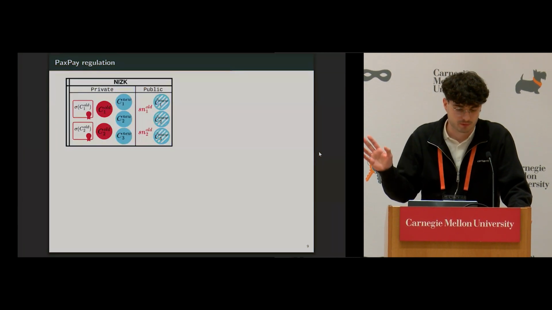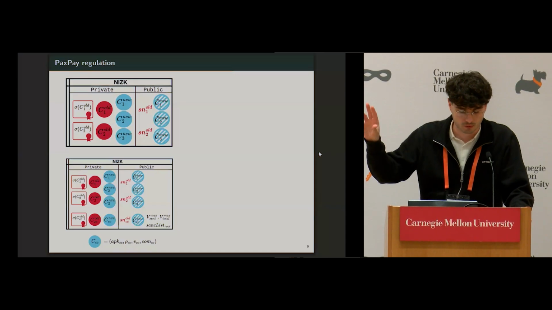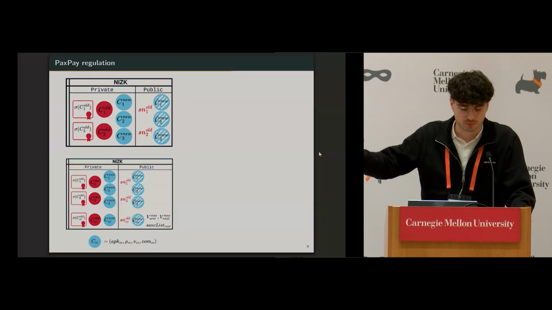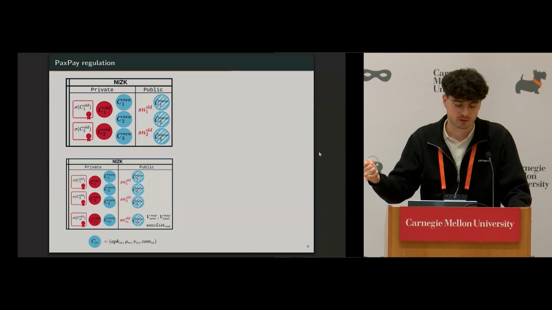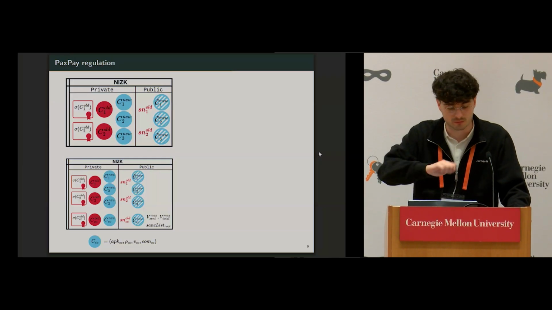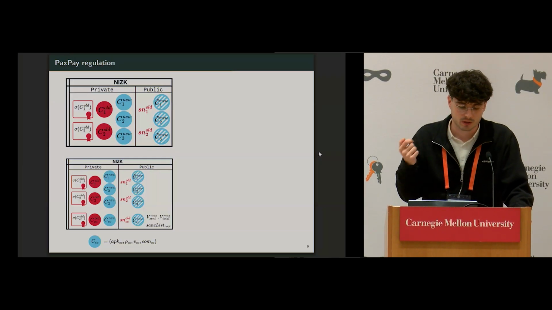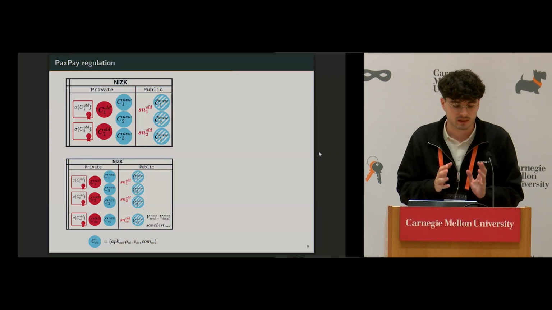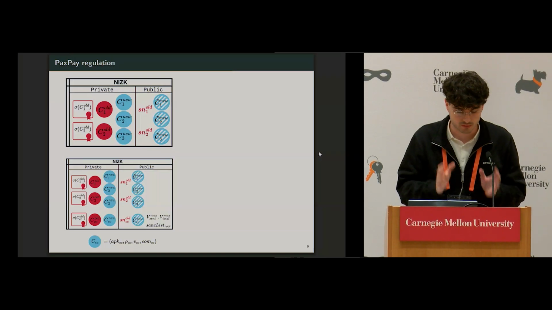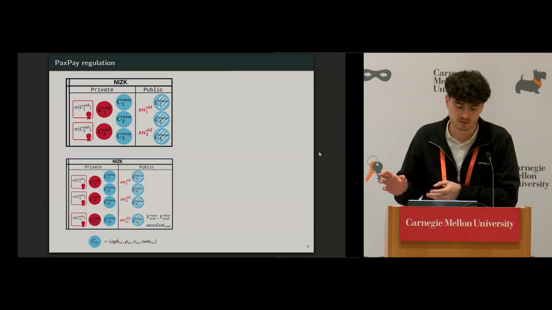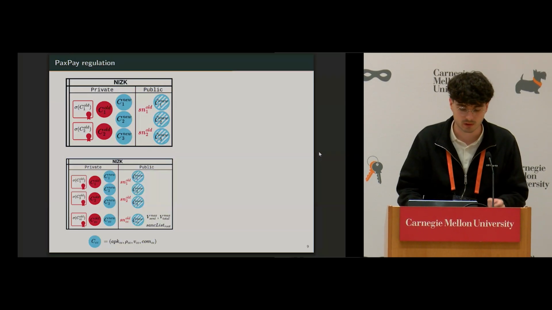So this was the zero knowledge proof in the non-regulated case. In the regulated case, it's almost the same. You just have to spend the compliance coin that you have at each payment and recreate a new compliance coin. So each user only has one valid compliance coin at a time, and at each transfer, they spend the old compliance coin and create a new one.